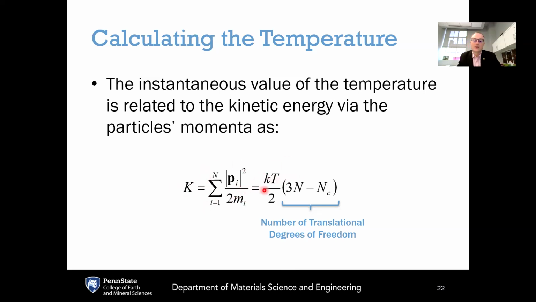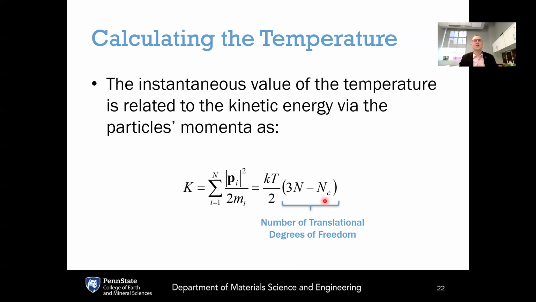And this is our thermal energy here, kT over 2, times the number of translational degrees of freedom in the system. So this would be 3n, where n is the number of atoms, because every atom has an x, y, and z degree of freedom, minus this n sub c, which is the number of